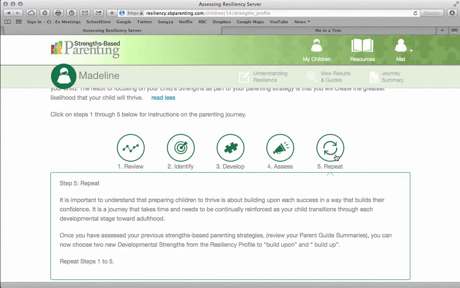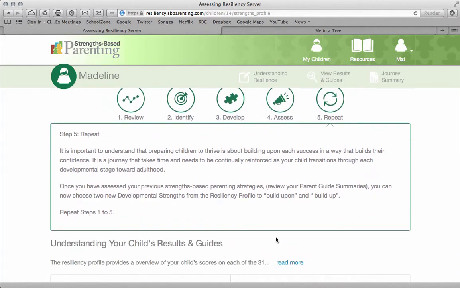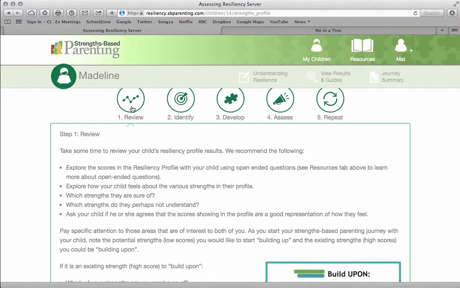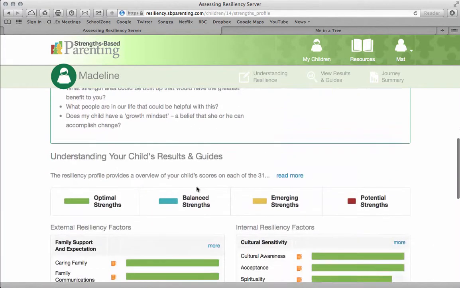And finally, number five, of course, to repeat. We're hoping that parents will continue coming back to the site, analyzing the results, asking good questions, refining their strategies, and building upon their existing strengths that their children have. So I'm going to go back to number one, review, and I'm going to scroll down and take a look